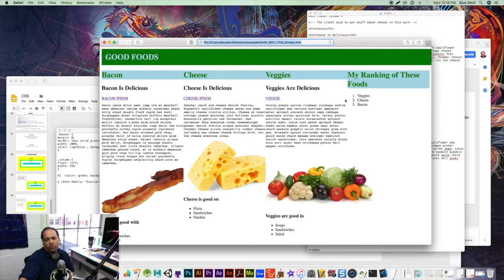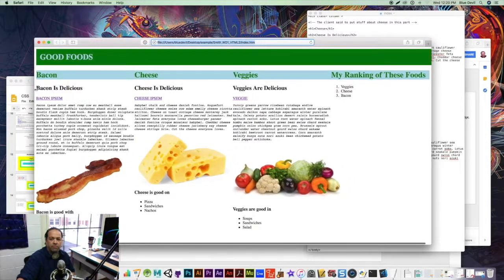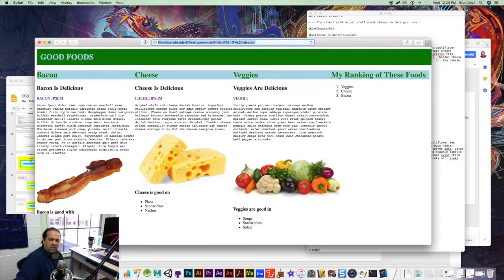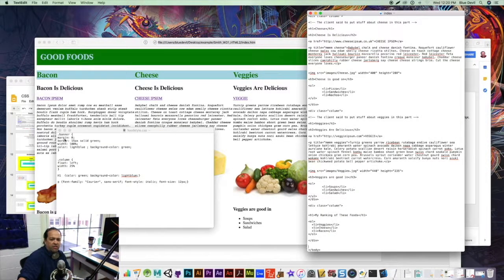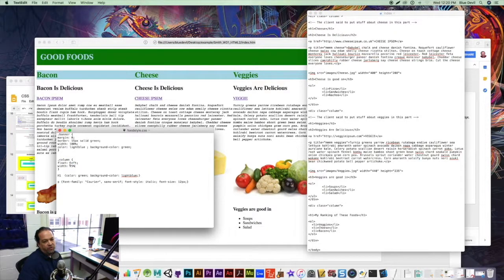Okay, so now we've created 4 columns, and each of them looks like this. In our CSS, if we take a look, you can see that I've said the columns are each going to be 25% of the screen wide, and they're going to float to the left. If I change them so they float to the right, all it's going to do is populate them from that direction. Okay, so now if I save this,